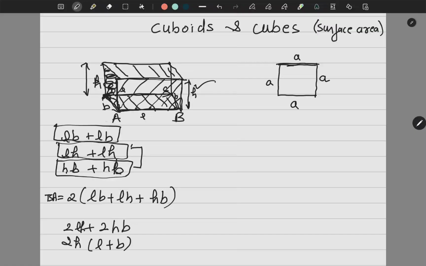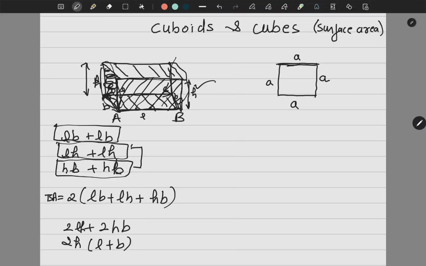See, I can change where is L, where is B, where is H. So don't try to mug up the formula. Just remember how I am doing it. I can give you a box with one side open and I want to paint the box. In that case, you have to remove only one face, either this face or this face. If I say there is a microwave which I want to paint, the front face will not be there.